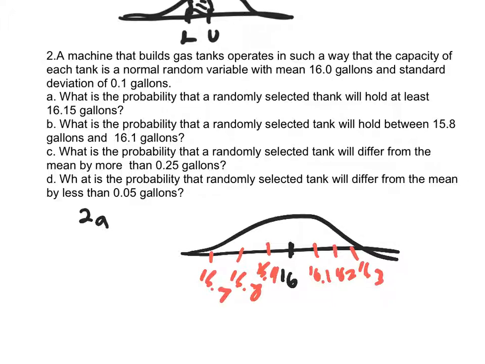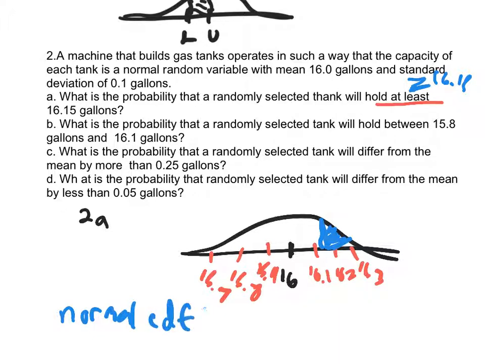And we want to find out in A, what's the probability that a tank will hold at least 16.15. So 16.15 must be between the 0.1 and the 0.2, so it's somewhere in here. At least implies greater than or equal to 16.15. So that would be the blue shade. So my calculator would be normal CDF. And I'm going from at least that, so it's